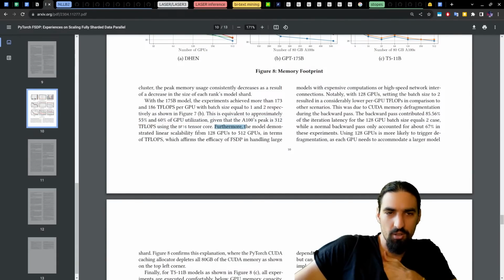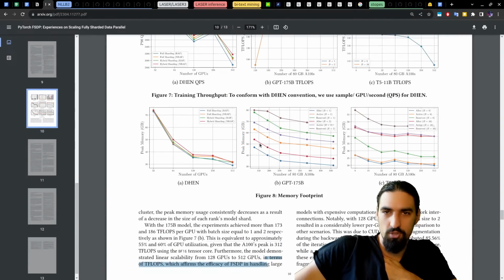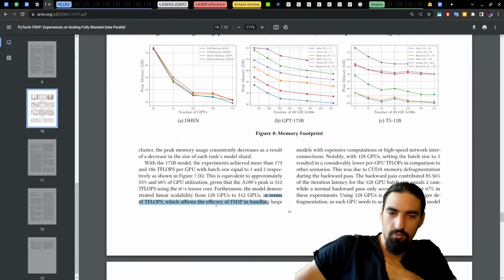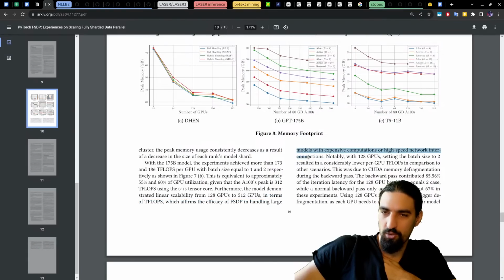Furthermore, the model demonstrated linear scalability in terms of teraflops, which affirms the efficacy of FSDP in handling large models with expensive computations or high-speed network interconnections.